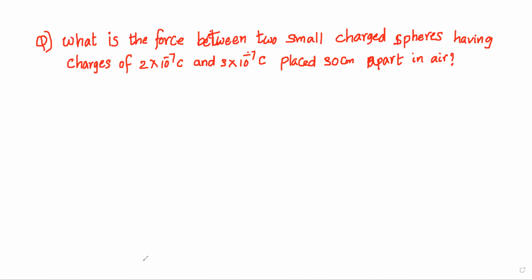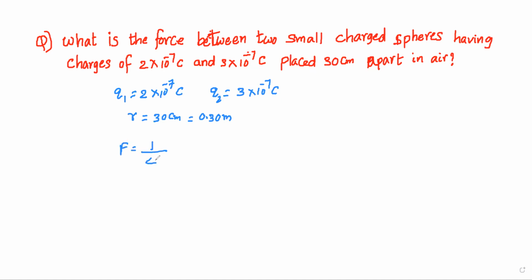So in this question, the given data: Q1 is equal to 2 into 10 power minus 7 coulombs and Q2 is equal to 3 into 10 power minus 7 coulombs. The distance between these two charged particles, R, is equal to 30 centimeters, that is equal to 0.30 meters. Now, according to Coulomb's law, force F is equal to 1 by 4 pi epsilon naught Q1 Q2